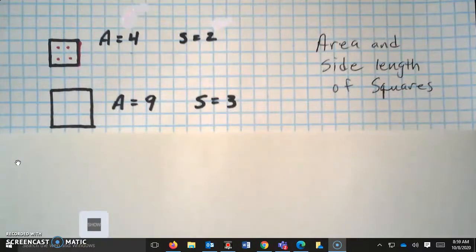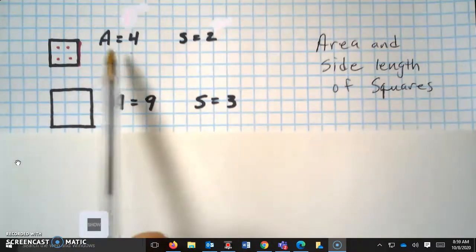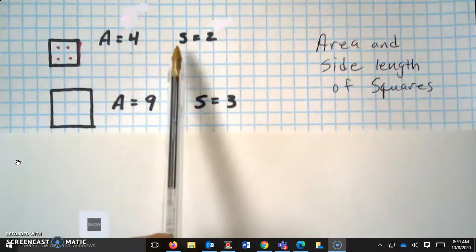All right, everyone, moving on with squares. I know last assignment was squares and cubes. This one will only focus on squares. We have to be able to answer two questions. First question is, if you have the area of a square, that's the A, what is the side length, the